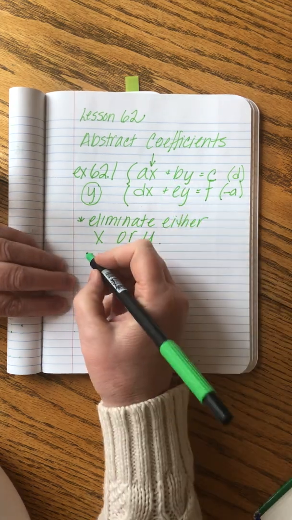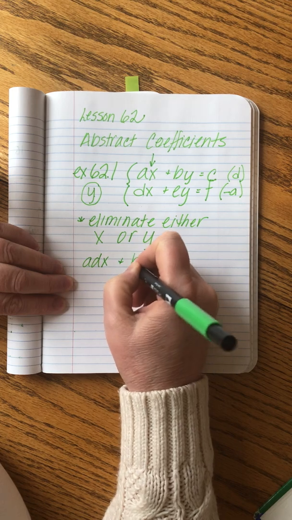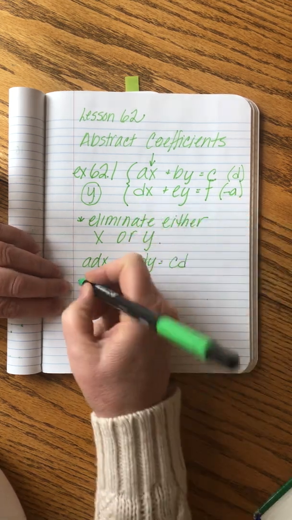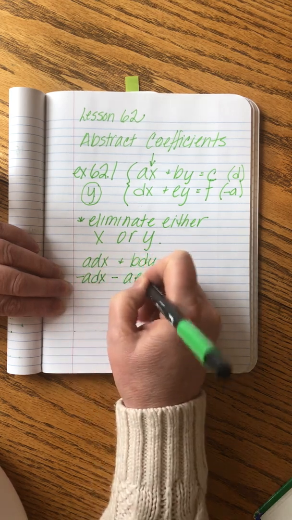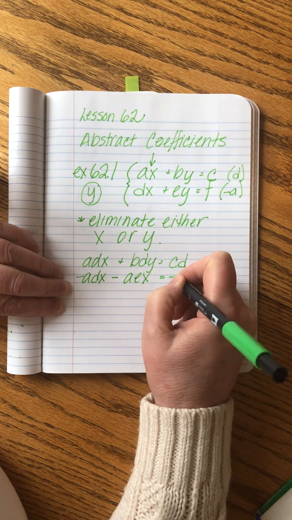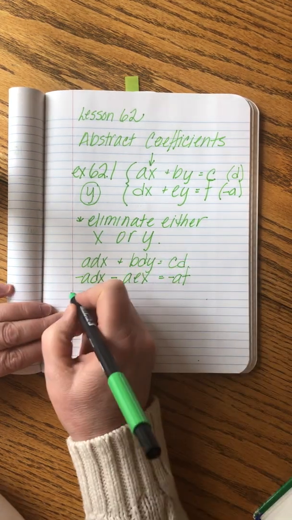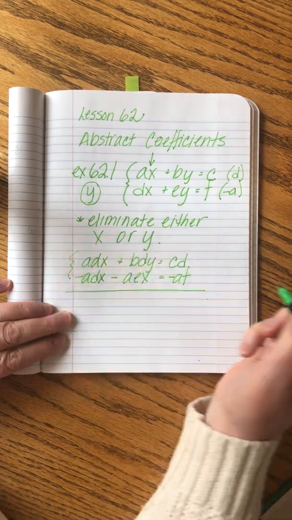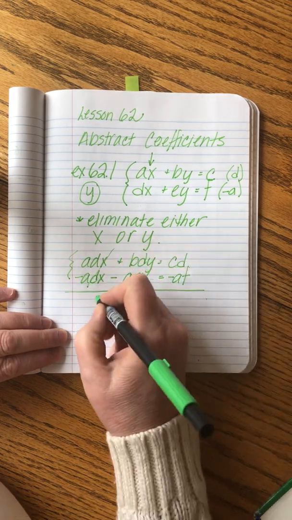So let's multiply. It'll be ADX plus BDY equals CD, right? And then minus ADX. I don't have to say it out loud. You see what I'm doing, right? And then we will add the two together. That's our system of equations. I'll put that there so you see it again. This cancels. We get,